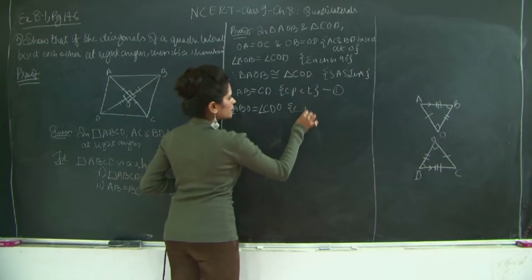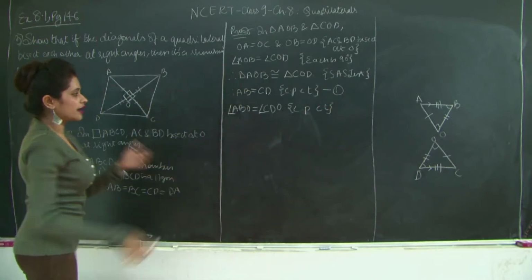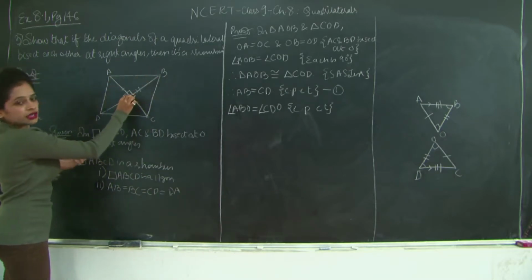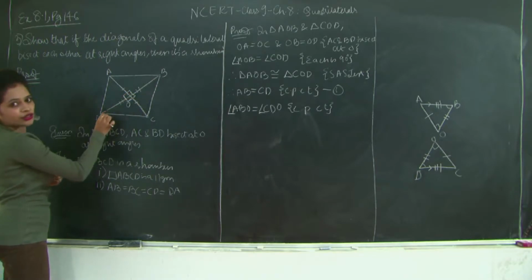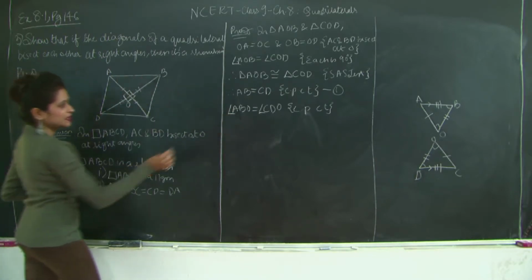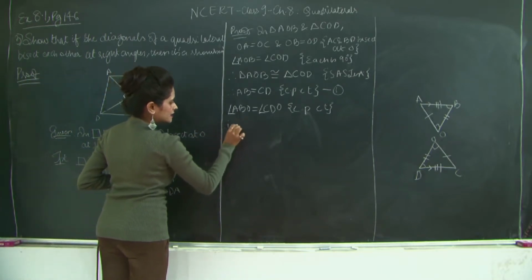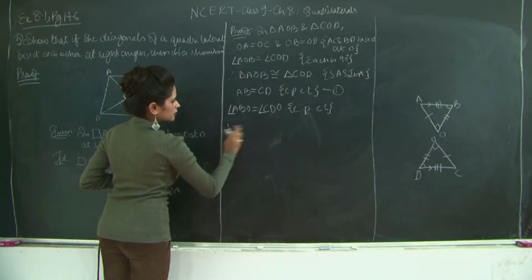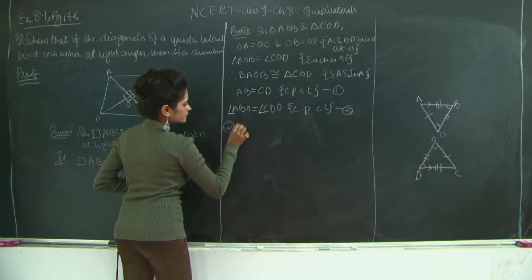Again, corresponding pair of congruent triangles. Now, let's come back to our ABO. ABO can be written as ABD because O lies on the line segment BD. So, instead of ABO, I am going to write ABD. Therefore, or I can say implies, let's mark this as 2. So, I will say 2 implies